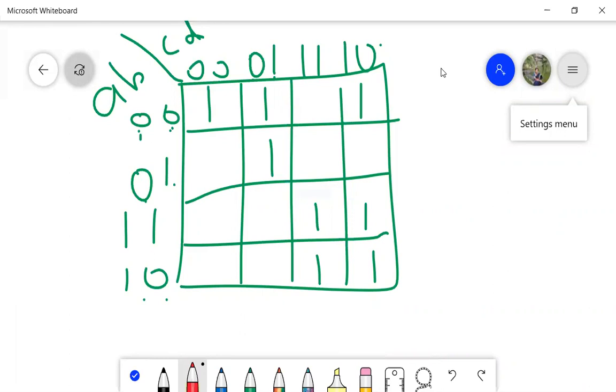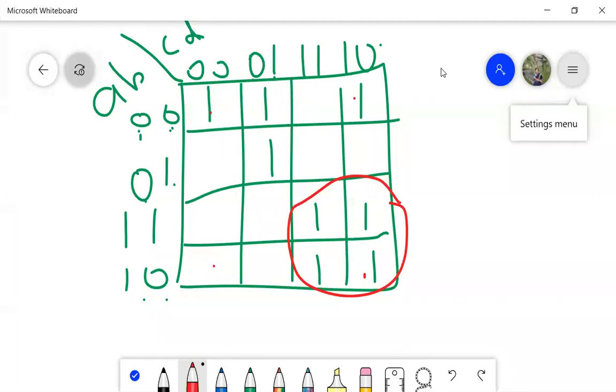There are no 16 ones over here for grouping. There are no 8 ones for grouping. We have only quads. So this will be the first quad which I grouped. Then, do I have any other quad? I don't think I have a quad. We don't have a quad with the edges either.